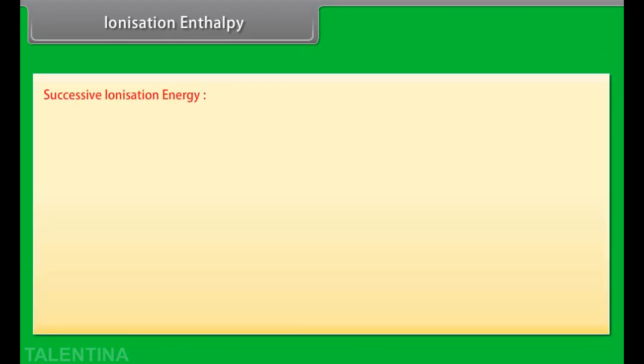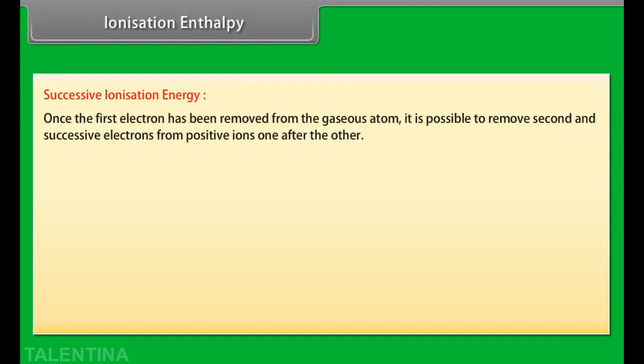Successive ionization energy. Once the first electron has been removed from the gaseous atom, it is possible to remove second and successive electrons from positive ions one after the other. For example,